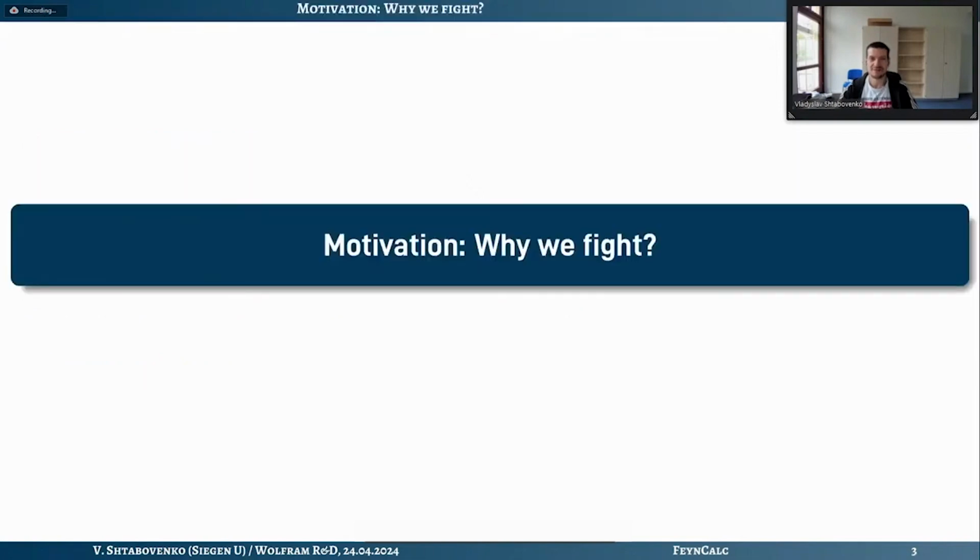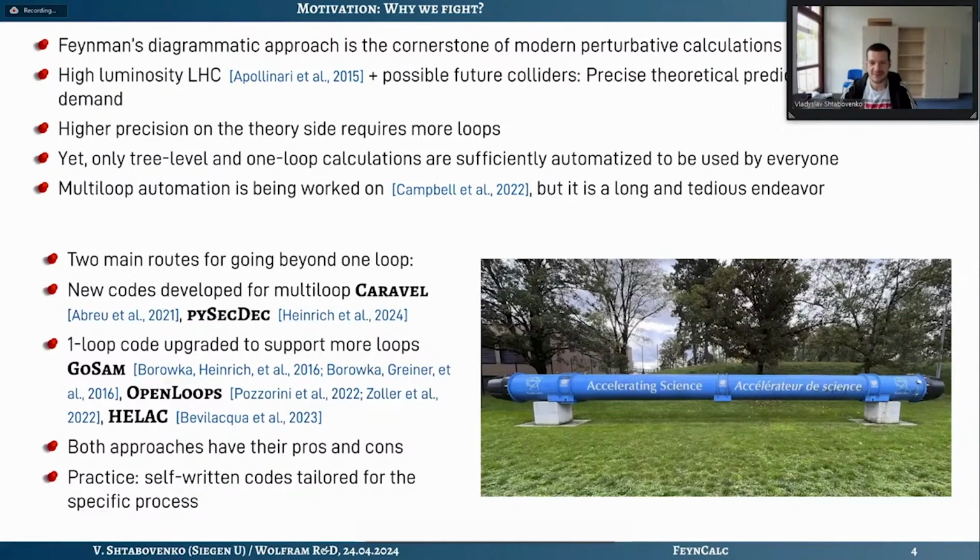So let's start with the motivation. If you're talking about perturbative calculations in high-energy physics or particle physics, then Feynman diagrams are basically our main approach to calculate higher order corrections. It might not be the most clever way to do it, as some publications have pointed out, but still this is where we have accumulated most of the machinery and knowledge. And so at the end of the day, we just continue applying it over and over to different theories and